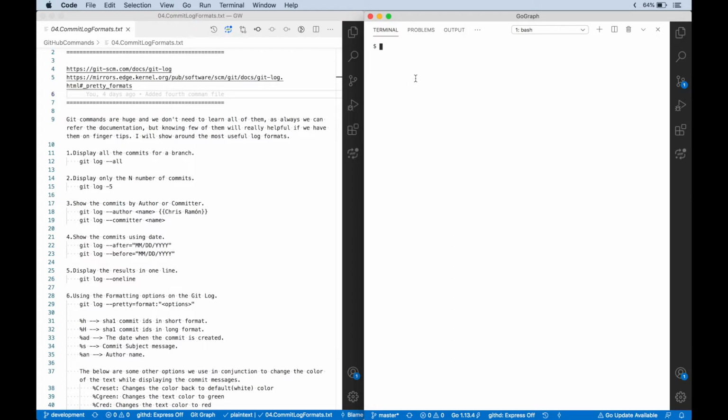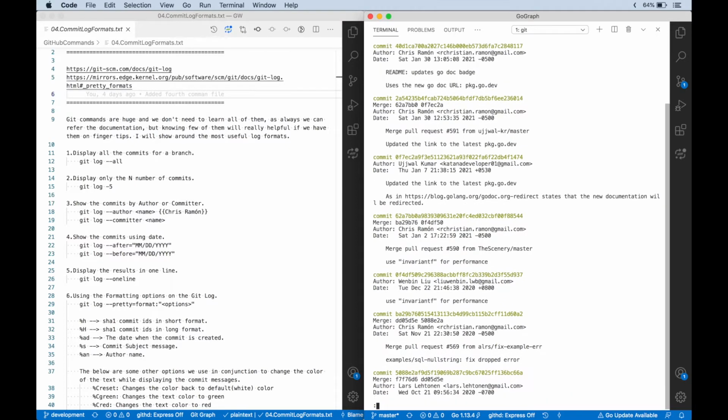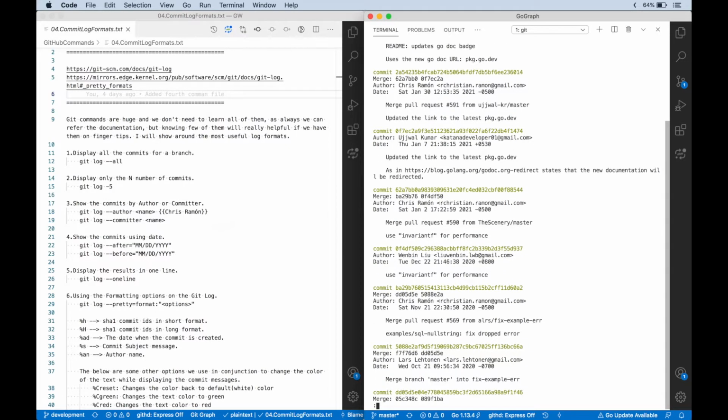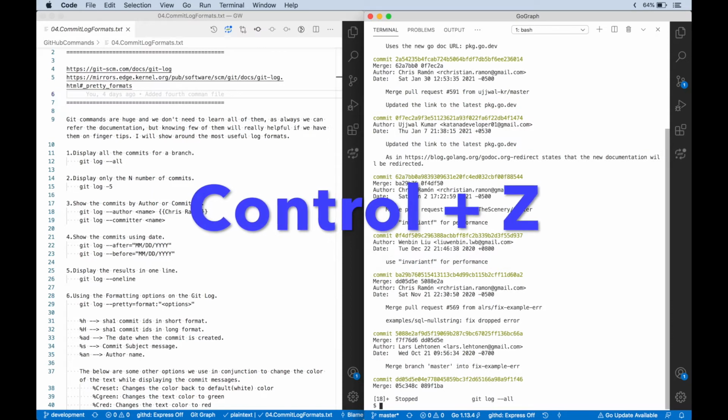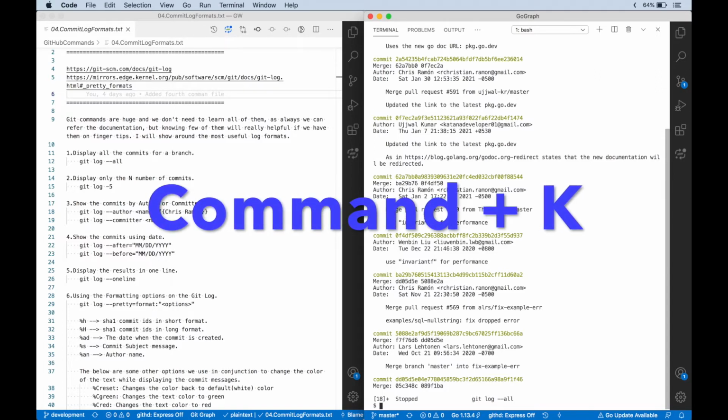Okay, the first command we use is git log --all. This command is going to display all the 943 commit messages for me on the screen, and it is very difficult to scroll through all the commit messages and explain to you. So for the sake of the purpose, I just execute this command once. If you keep pressing enter, it is going to display all the 943 commits. This I don't want to use, so let me break the execution. Press Ctrl Z if you are using a Mac, and then let me clear by using Command K.